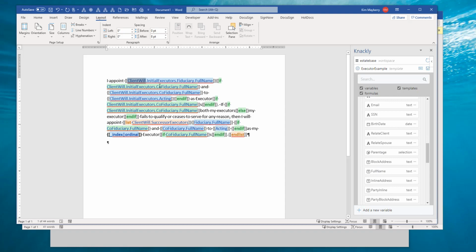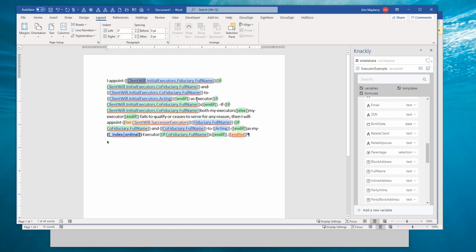Then I say if client will, initial executors, co-fiduciary, full name, which is basically saying if anything is answered there, if it's not blank, then I'm going to put this additional language in. If there's something there, then I'm going to put and client, co-fiduciary name to, and then this is where you see the acting